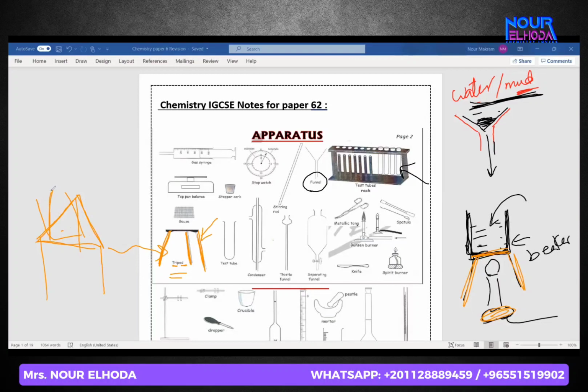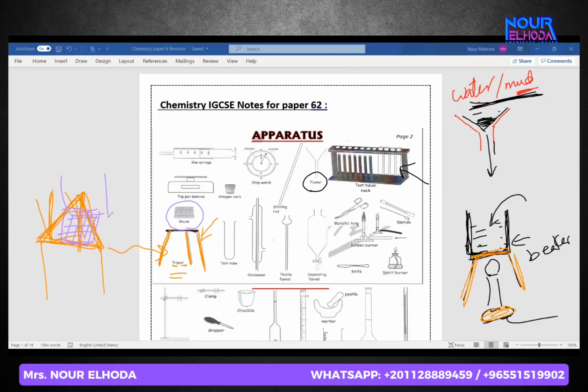Right. If I put a beaker on a tripod, it's going to fall, because this area is open. So what shall I use? I'm going to use gauze. Exactly. This gauze, it looks like a very thin layer. I'm going to put it here so that I can put the beaker above it. It's a layer which also prevents the beaker from bursting from the heat. Sometimes the beaker is glass, so that it's not going to burst out. So that's why I usually put the gauze.